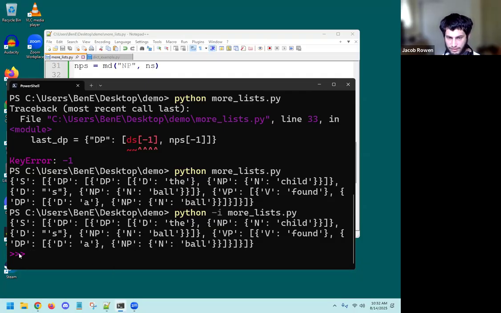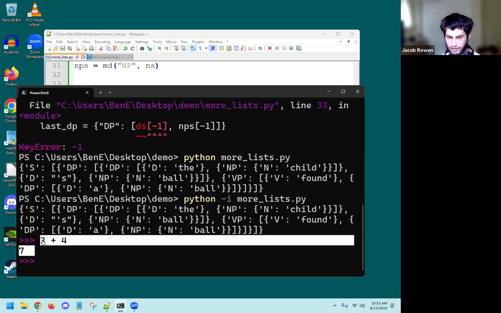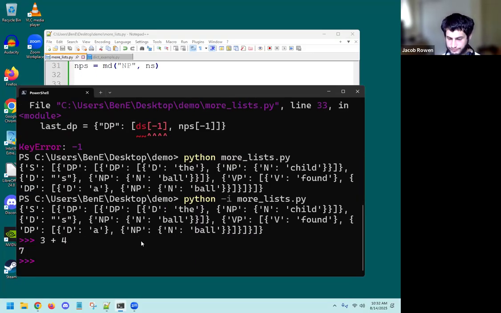And now it's giving me this thing. So I have my sentence dict. So just to show you, I'm now in an interactive mode of Python. So if I do something like this, it's running this as Python code. And I'm in an interactive mode that just ran more list.py. So now I can do sentence dict